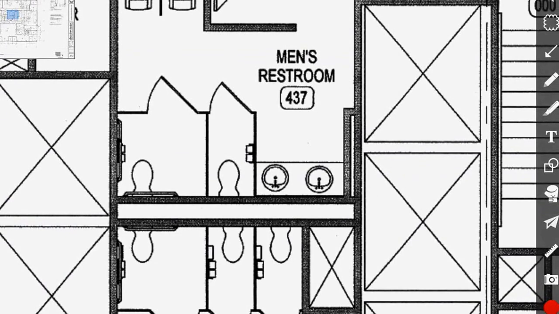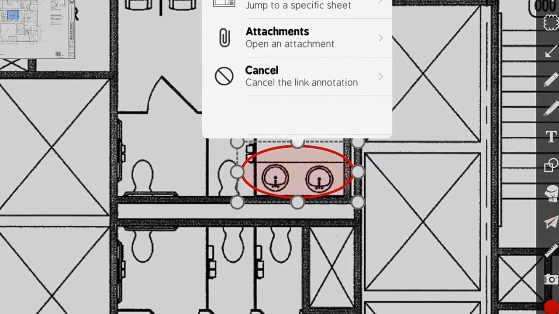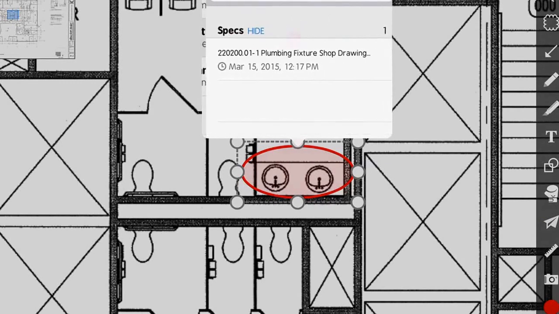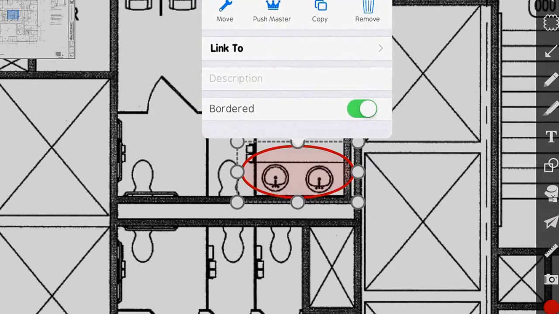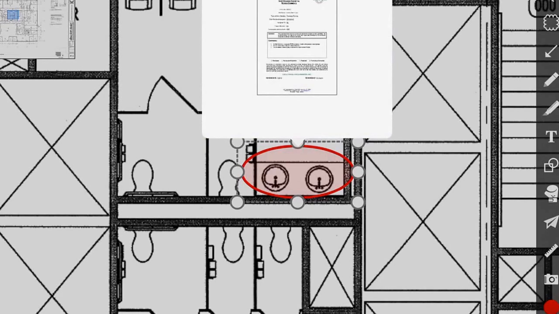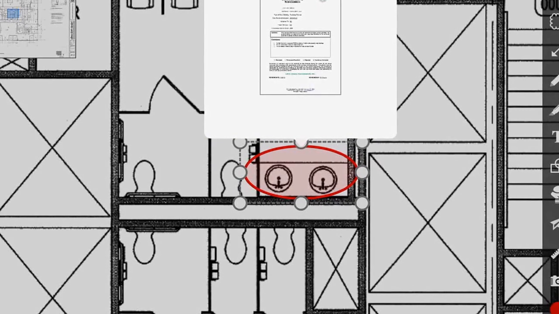It's a whole lot of buttons to use. Or I can go to this hyperlink button. I can take a circle. I can drag the circle around the sinks, and I'm going to assign this to an attachment specs. So now I've got a hyperlink created to this page, to this document,